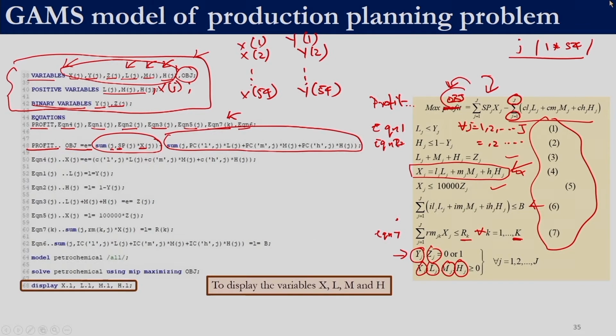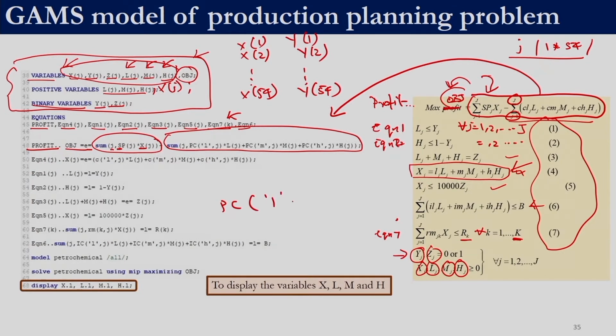So, whatever we have written in the typical mathematical form over here can be directly coded in GAMS. Again, here we have used PC of L comma j and not PC of LEV comma j. If we write PC of LEV comma j, it will access all the 3 elements, which is not what we want over here. We only want the production cost corresponding to the low level, right, and the set LEV contains the values L, M and H. If we want to access a particular element from that, we can directly write that element within single quotes. That is how we have written the second part of the objective function.